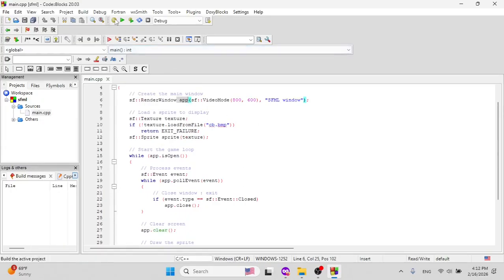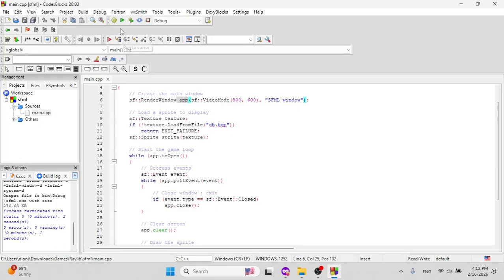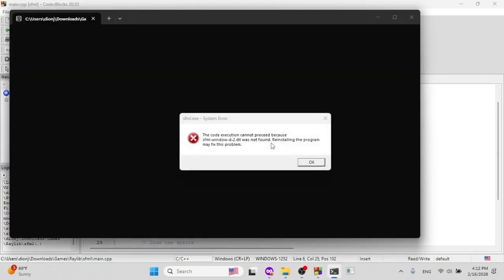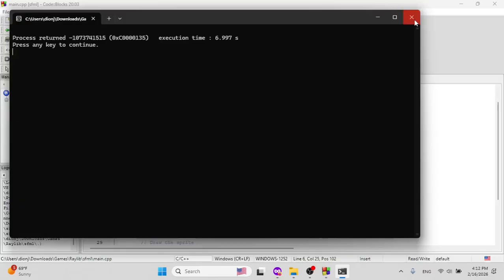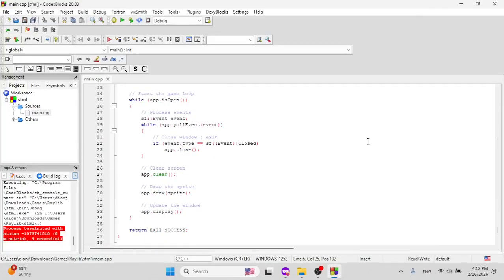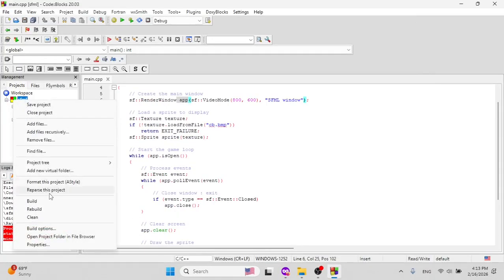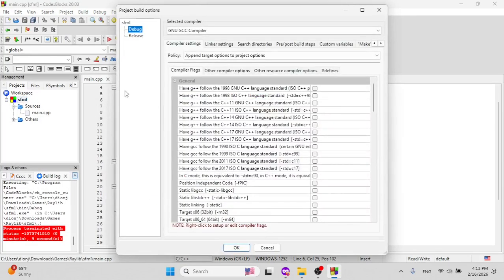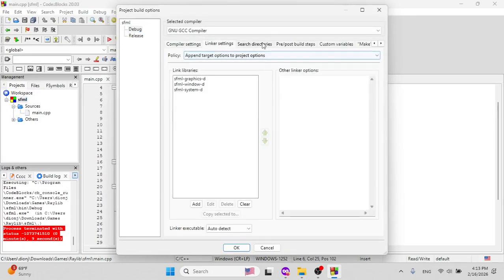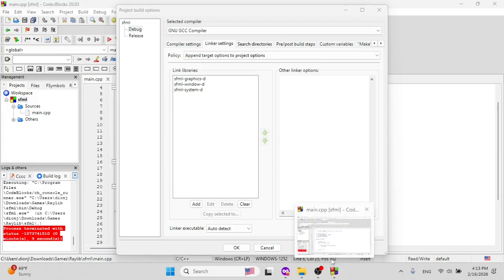But anyway, if you run it, I think it even compiles without the DLLs being in the repository. It will run, well, at least you have to go get the DLLs, downloadable there, for it to run. But anyway, it builds without all that extra work. You have to set up the linker library settings, which, if you're not familiar with how that works, you click on the second button and go into build options, and then you find the linker. It already wrote the linker, so you need sfml-graphics-d, but this changes based on your version. And what you really need to do is go into the project directory wherever you stored it,